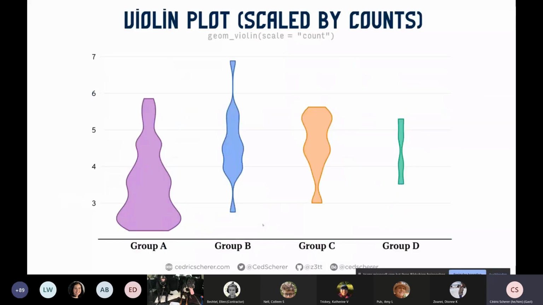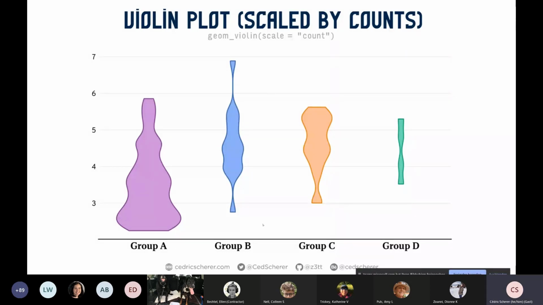You could also scale them by count. It's a bit silly here because group D is so small compared to group A. But now you can see, I mean, you cannot tell how many points are in there, but you can definitely see that group D is way smaller than groups B and C, and these are again not as wide as group A. You need to interpolate to see the full scale. But I do think that the violin plot used in this way, if you have differing sample sizes, can be very powerful.